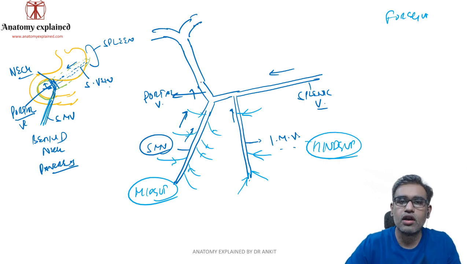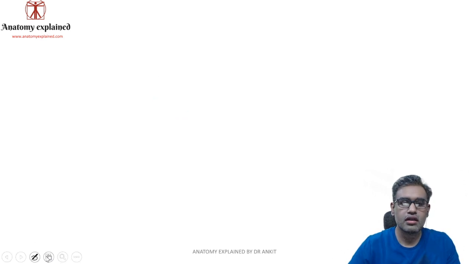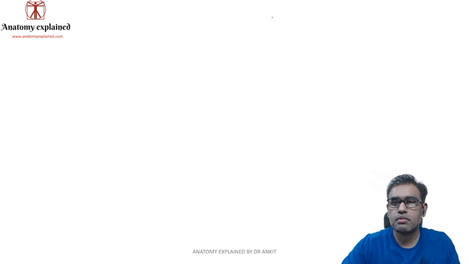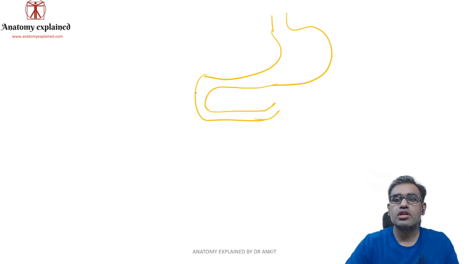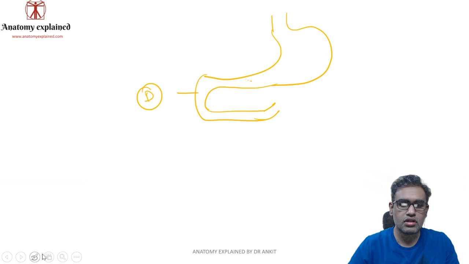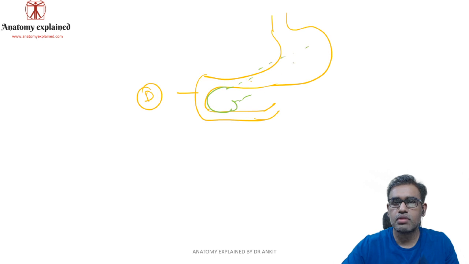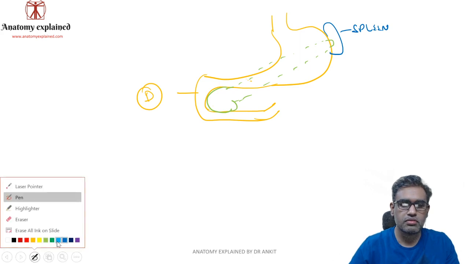Okay, now let us understand how it is proceeding above. The course is also important. Let us draw a big stomach and pancreas over here. Remember, this is the abdominal part of the esophagus. There's the lesser curvature, then the greater curvature of the stomach, and the duodenum over here. Remember, the duodenum was retroperitoneal, except for this initial first part. And then we also make the pancreas, the head and uncinate process, and the pancreas goes behind the stomach in the stomach bed, and in the upper left part of the stomach we have this intraperitoneal organ, the spleen. Clear? Now let us try to draw these main veins.